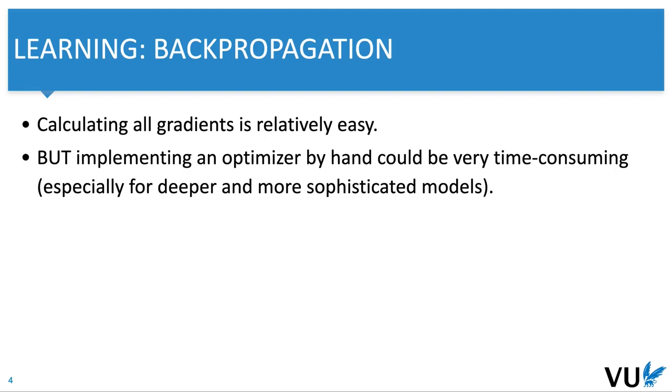It's relatively easy, but implementing an optimizer by hand could be very time consuming, especially if we have deeper and more sophisticated models. How to understand that? If we calculate the gradient of a linear layer, it's easy. It's just a simple linear transformation, and for linear transformations we know exactly how to calculate the gradient. But if we have a deep neural network with many nonlinearities, we need to calculate this for every single layer. We need to implement these gradients as you did in the first assignment, by hand, everything in code. And what to do if we want to add additional layers, should we recalculate everything